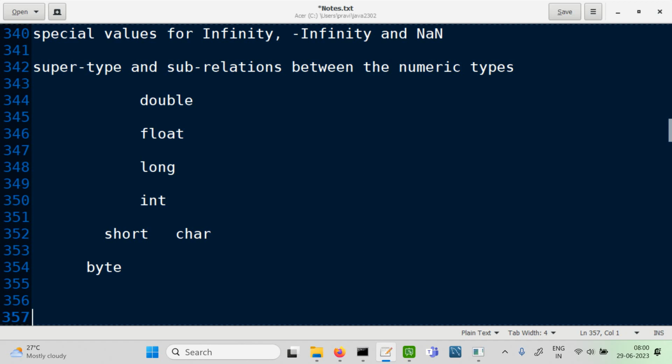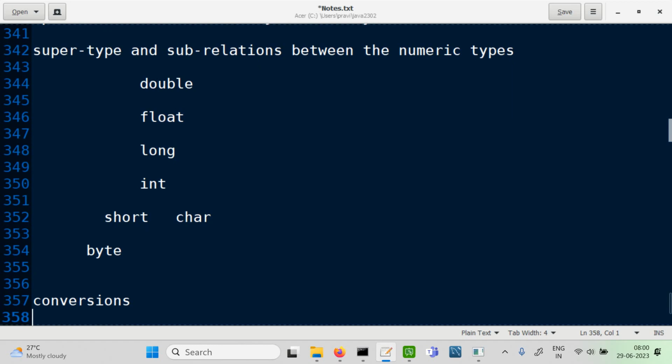Okay, you can't convert between a numeric type and the Boolean. Boolean is a separate type. You cannot convert from numeric to Boolean. Okay, fine. Now, one more thing is available. If we look at conversions, we have conversion from